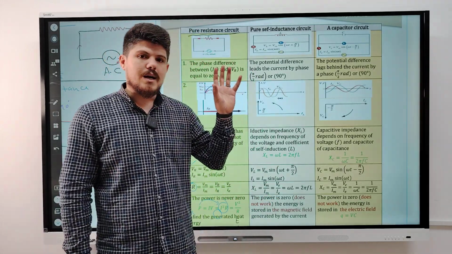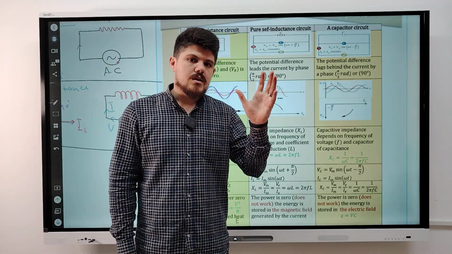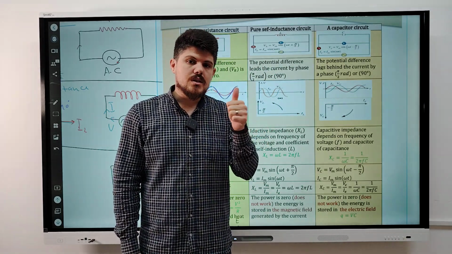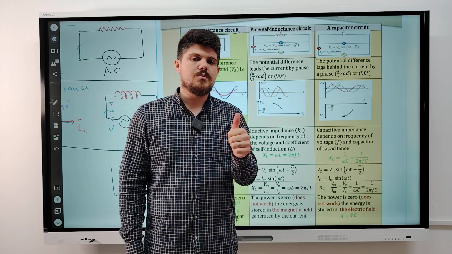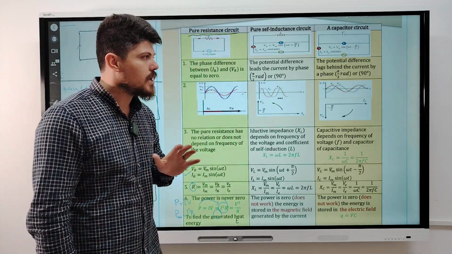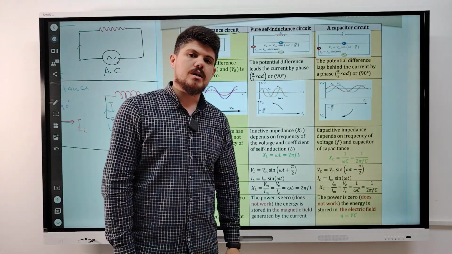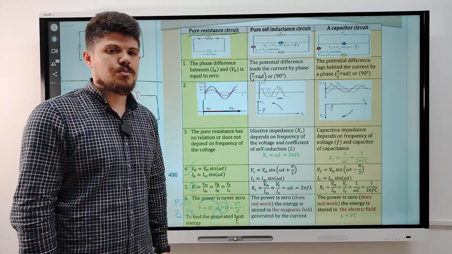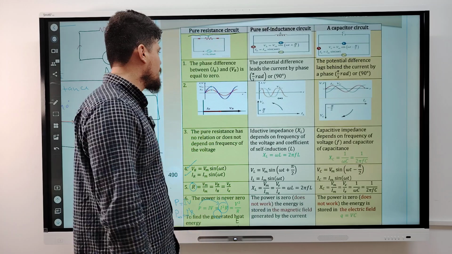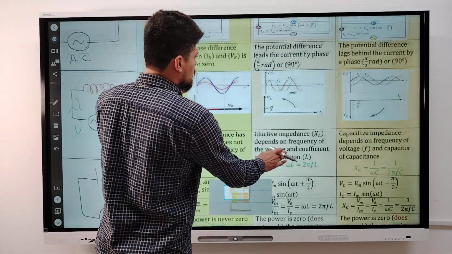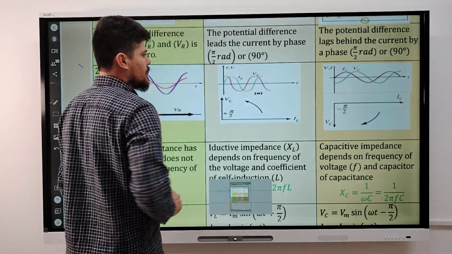So in pure inductance, which one leads? Potential difference or current? Potential difference. The potential difference leads the current by phase pi over 2. Why? Because when the current passes through the coil, the current is 0 and the reading of potential difference is maximum. Okay? And you can represent the phasor diagram between the potential difference and the current, as you can see